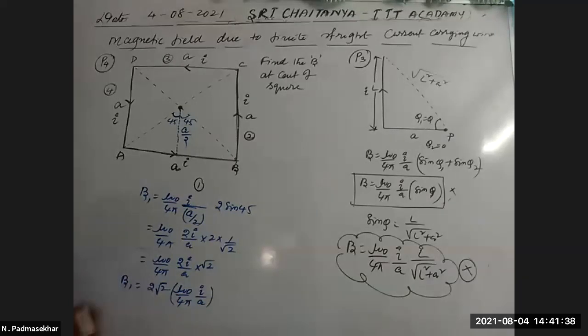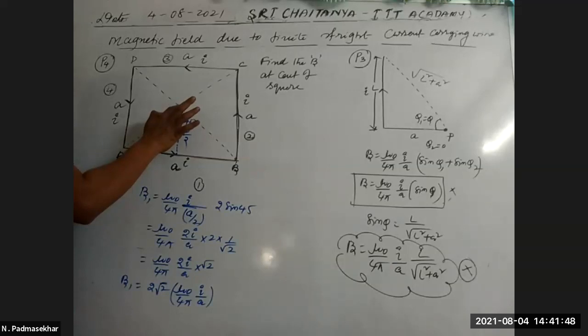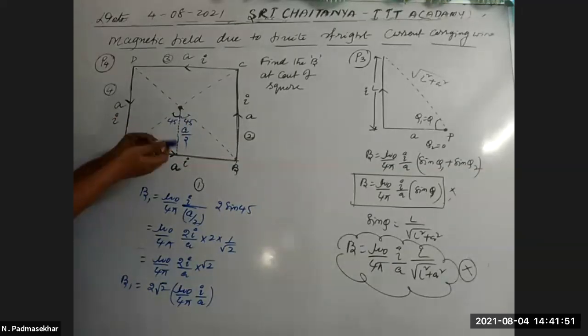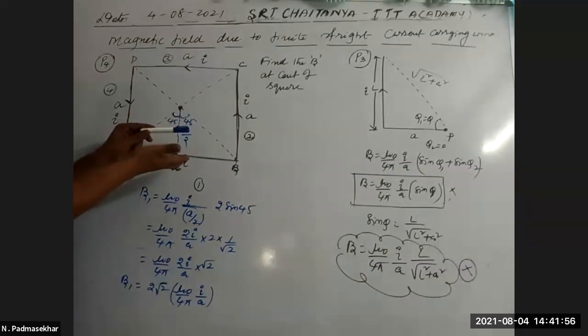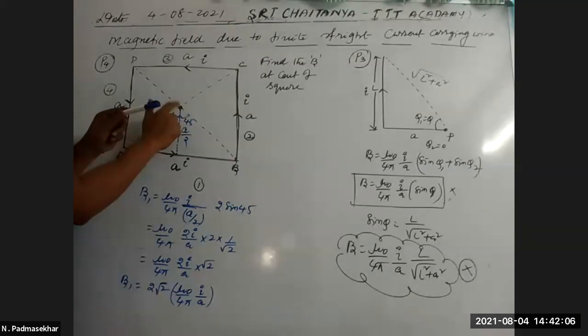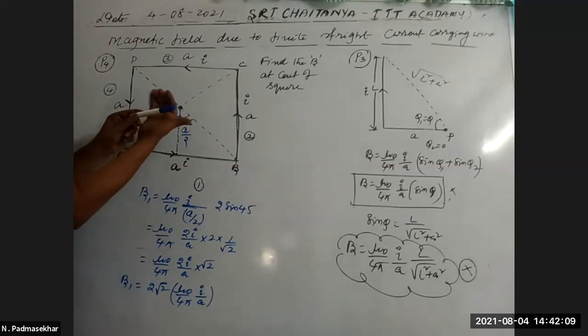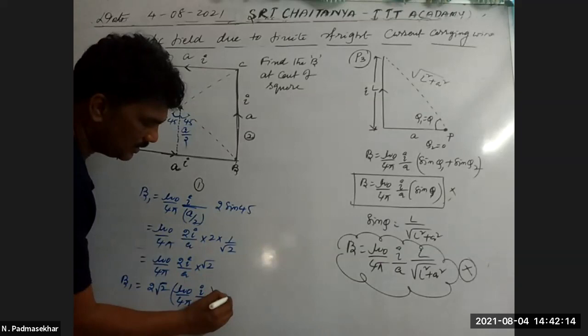This is the magnetic field due to the first conductor. What is the direction? Let us find the direction. This is the current carrying conductor and this is the direction of the current. Our point of consideration is here. According to the right hand thumb rule, at our point of consideration my fingers hold that conductor. My fingers come outward and inward. Now at the point of consideration, the fingers are out. Out means this is the direction of the magnetic field.